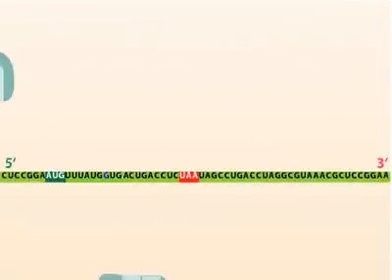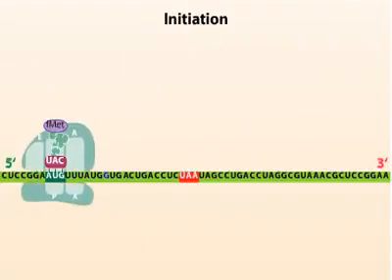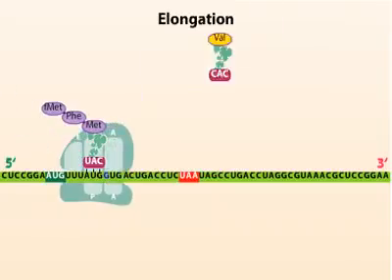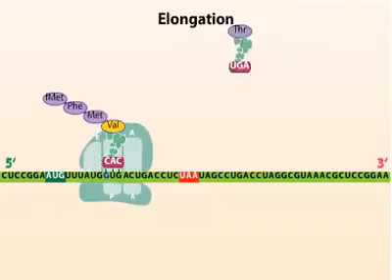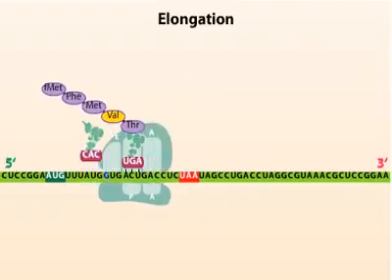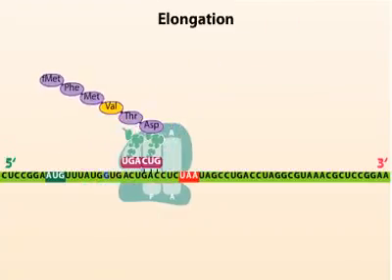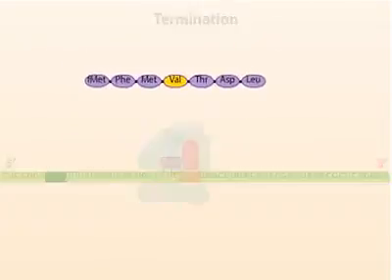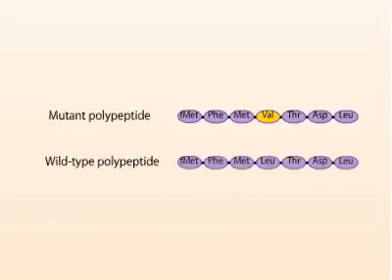When the ribosome reaches the mutated codon, it inserts a valine into the growing polypeptide chain. The resulting mutant polypeptide has a valine instead of a leucine at this position and may or may not be